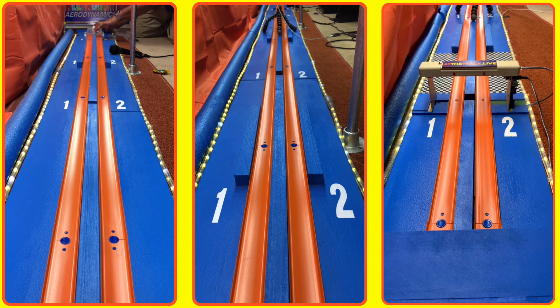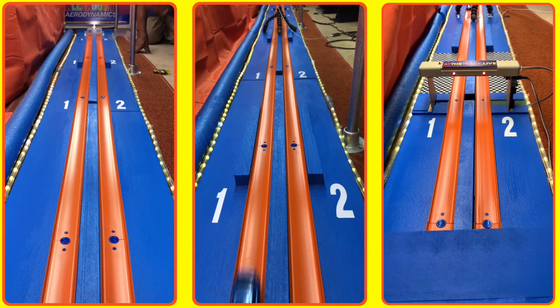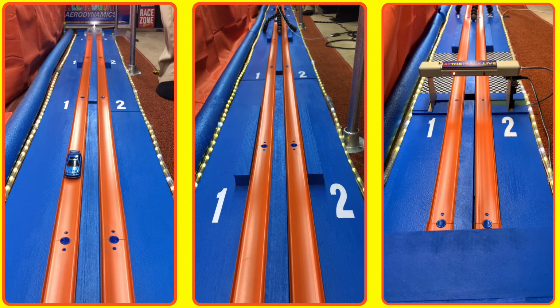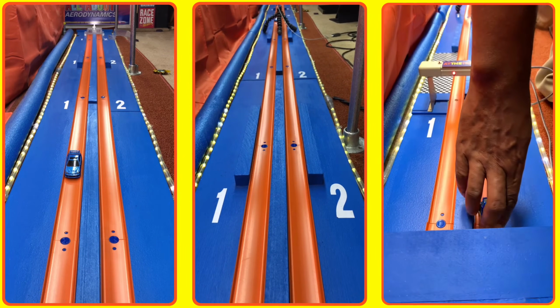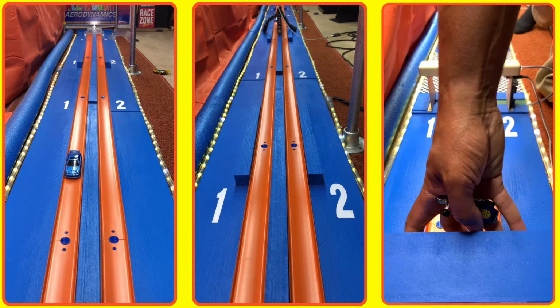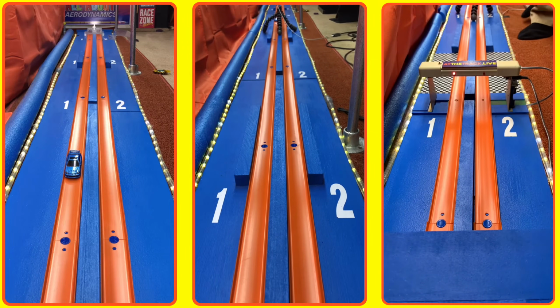3, 2, 1, race. That Civic just put the hammer down and never gave up that lead from the beginning. But that was just one. In order to move on, you have to take 2. So which of these cars is going to be the representative against the BlitzSpeeder? Right now,